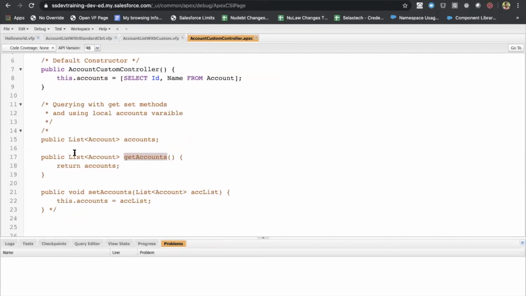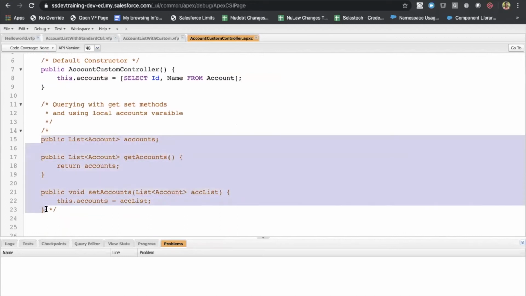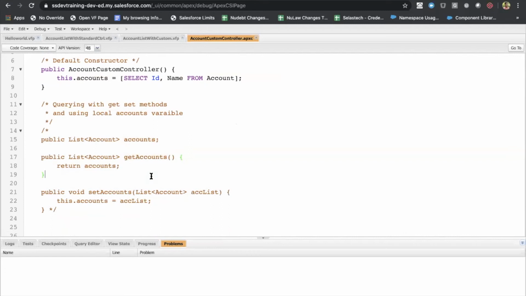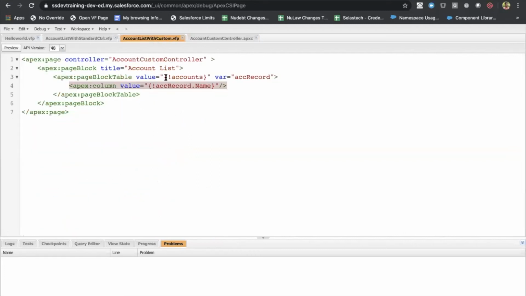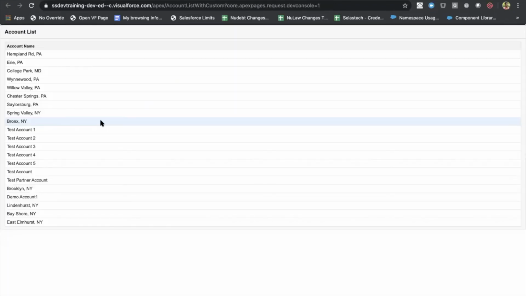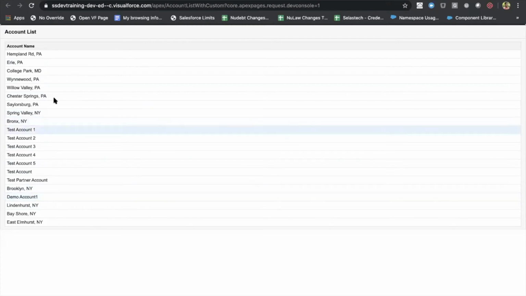So this is a simple syntax of how to write getter and setter methods in the Apex class. And that's it, I'm just rendering the same. If you click on preview, this will also do the same. I'm just bringing all the accounts here and rendering them in the UI.